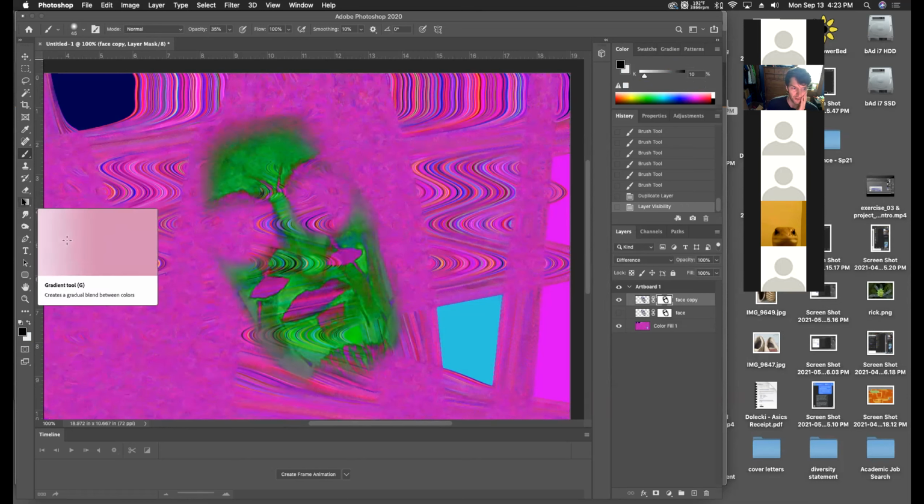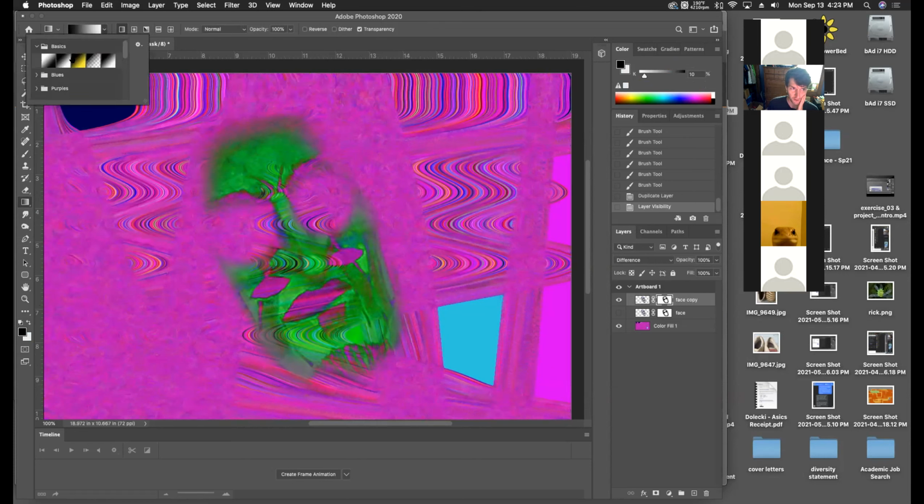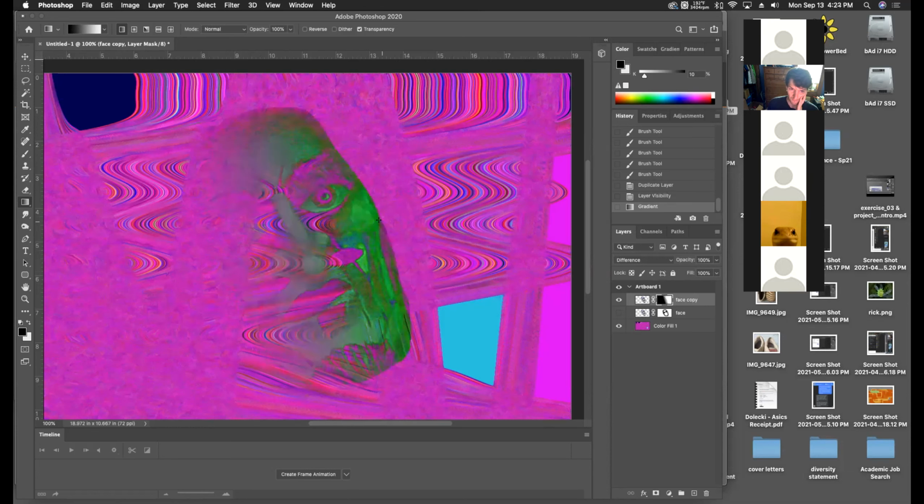So let's grab this gradient tool, which is the only one I really show you for masking. And once we select that, you can see up at the top here in the options panel that what's pre-selected should probably be black to white. So the first spot that you click down on is going to be black, and as you drag out, it's going to be dragging to white. So if we click on the one side of the face and drag all the way over to the other side of the face,